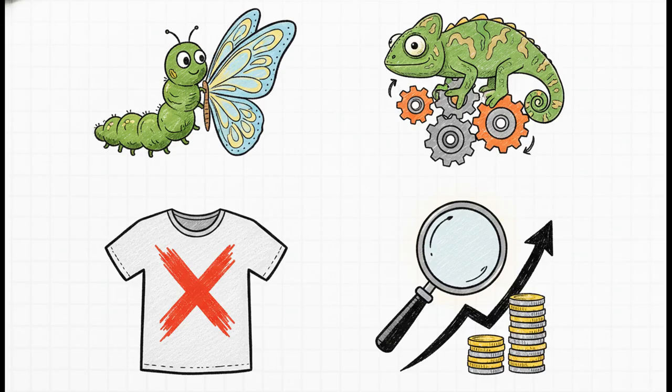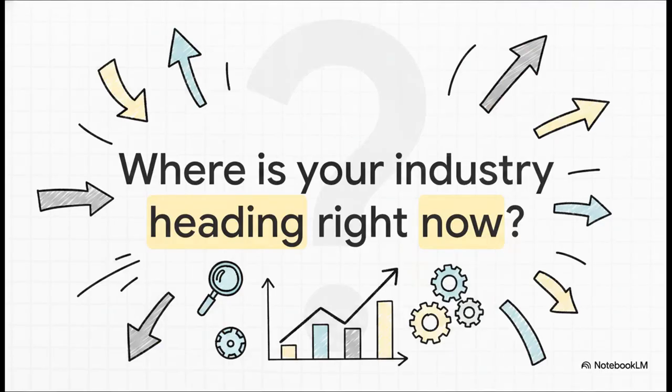Candidates who just memorize definitions, well, they can only answer theoretical questions. But strategists who anticipate industry evolution, they are the ones who adapt, survive, and win. Which brings us to our final thought for today. I want you to step away from the theory for just a second and look at your own company, your own market. Where is your industry heading right now, and exactly how should your organization respond to survive the next stage? Think about it, apply this framework we just went through, and I guarantee you are going to see your competitive landscape in a completely new light.